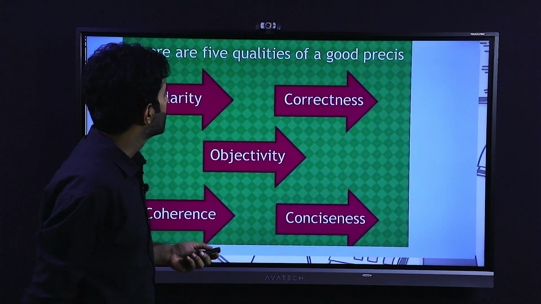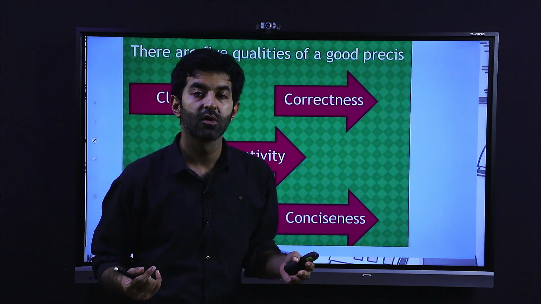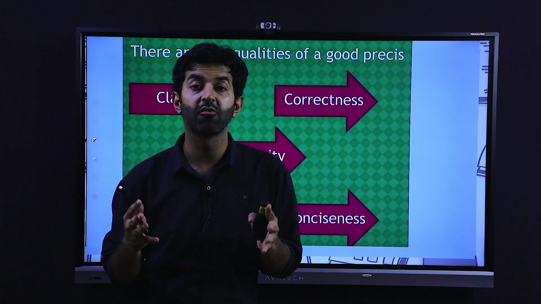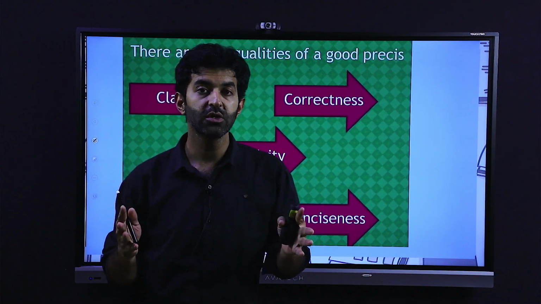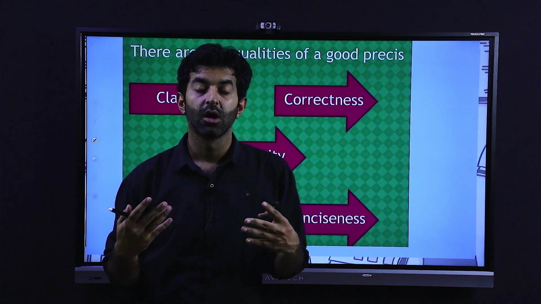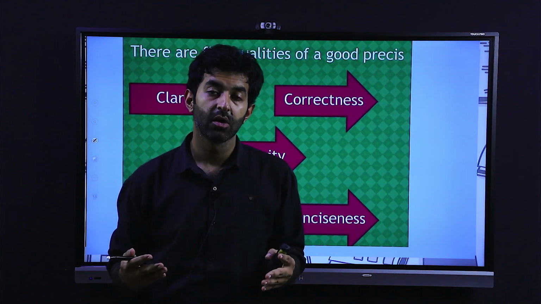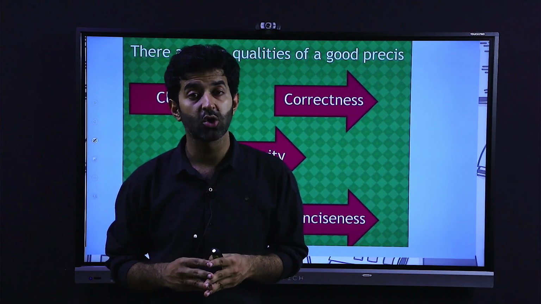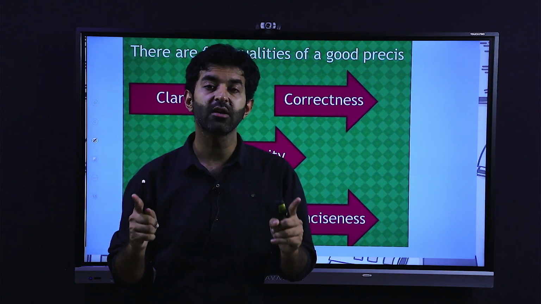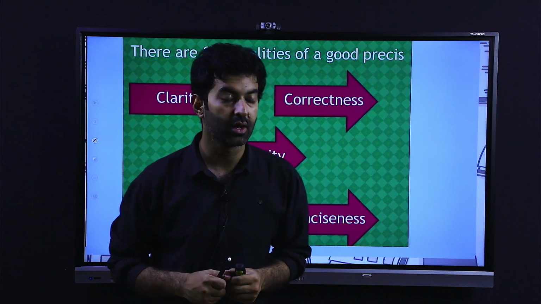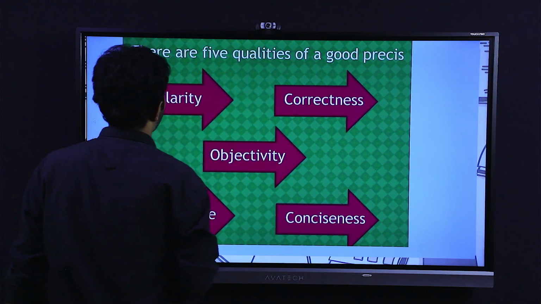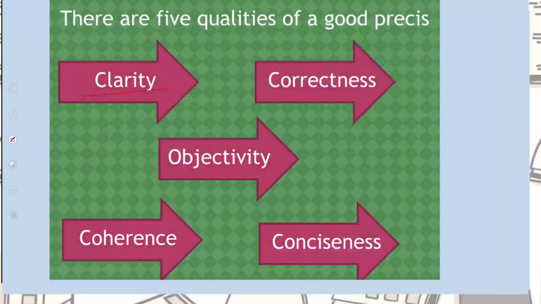All right. Now, what are the things that are included in a very good Pressy? Students, you know that Pressy is written by you. It is checked to show and to check your understanding. So we have to write a very good Pressy of good quality. A good quality Pressy has clarity. It means everything is clear, correctness, objectivity, coherence, and conciseness. Let's talk about these different qualities one by one.